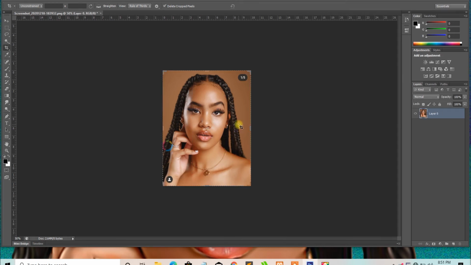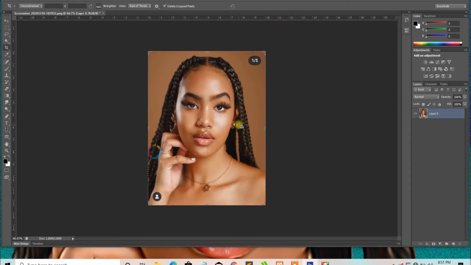Now it has selected it. Let me zoom in a bit. Sorry, zoom out. Now it has selected it. You can see I've cropped it using crop tool. So let's go to the next tool,